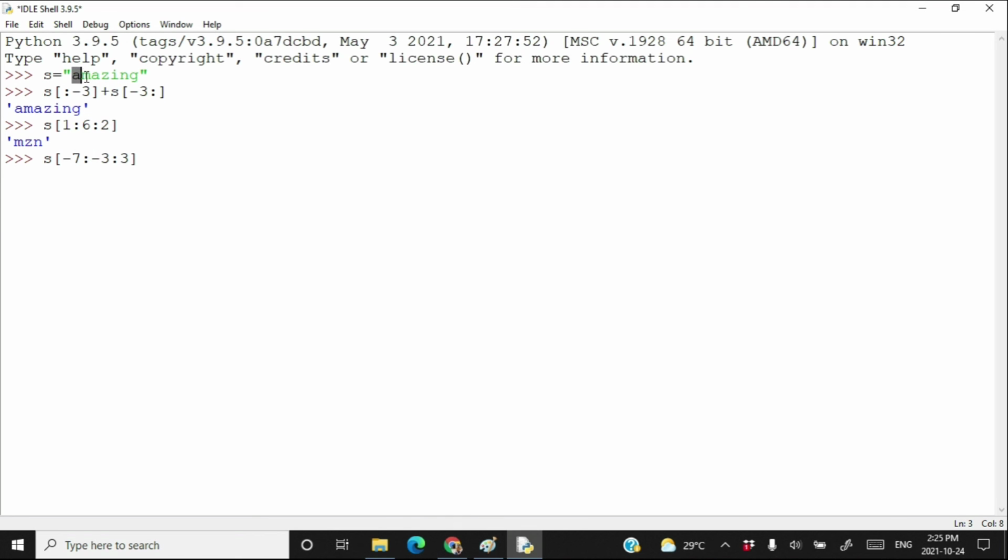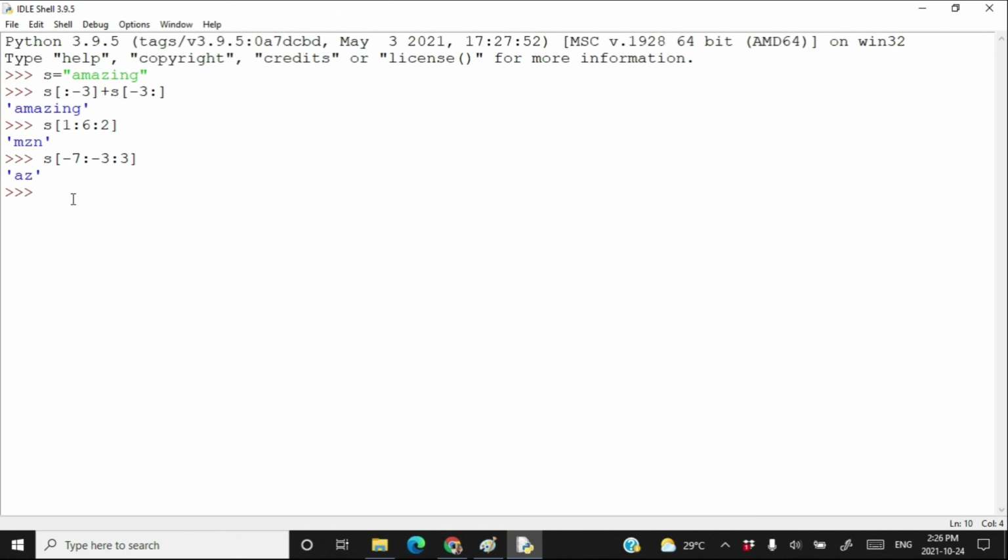So this was minus 7, minus 6, minus 5, minus 4. That's how you were able to take Z, but after that you cannot take any character from this string because it is out of range because of this limit of minus 3. That's how when you press enter you get A and Z in the string slice.